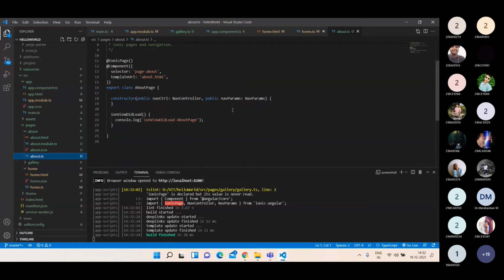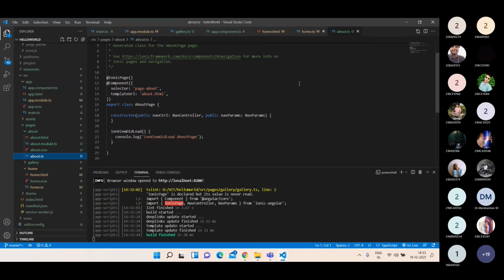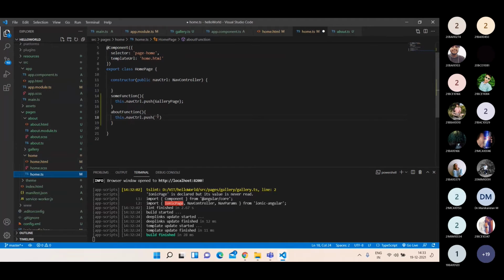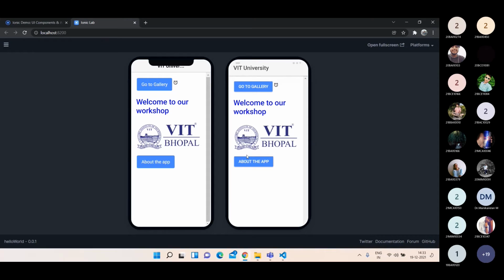What is the class name of this page? About page. So this about page is the class name. I'm copying this, and inside the single quotes, I'm pasting this. That's it. So I can move here and I can move here.